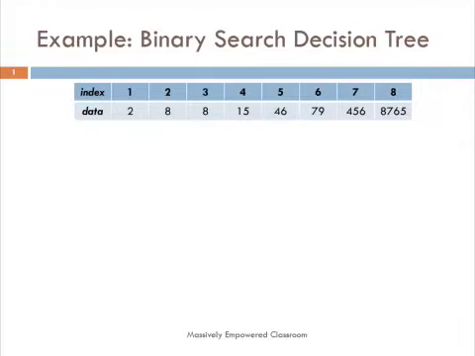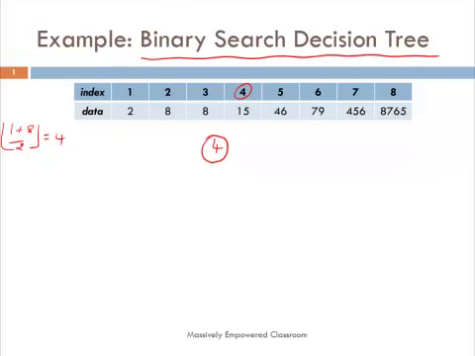So when the binary search algorithm makes recursive calls, we get a tree structure. Let us go back to our example and analyze the tree structure that results. The first midpoint that we got was (1 + 8)/2. Floor of that was 4. Right? So we write that as the root node of this tree, which is called the binary search decision tree. So that's the first midpoint that is encountered. That's a decision point. We compare the element there to the given key and see whether we need to go left or right. In our earlier example, the key was 456, so we went to the right.